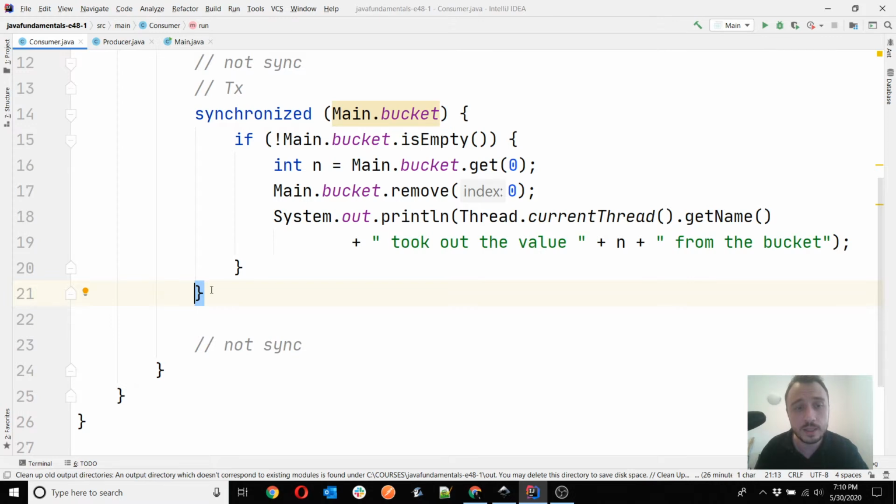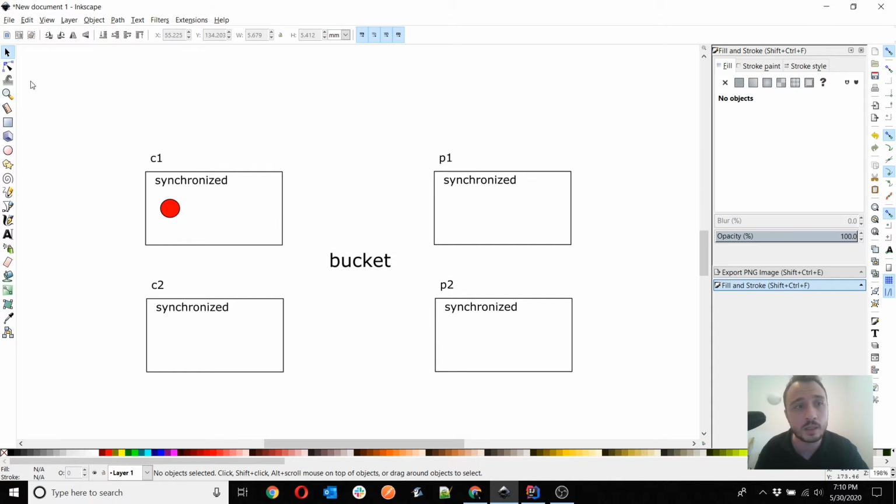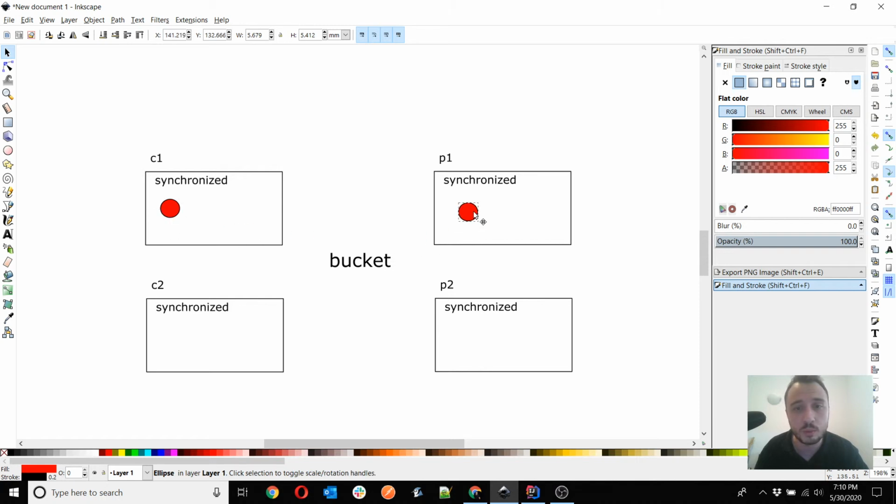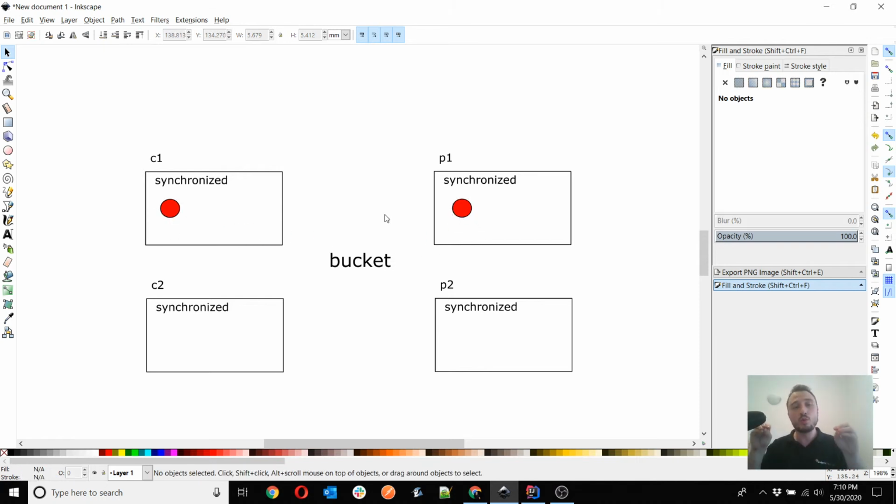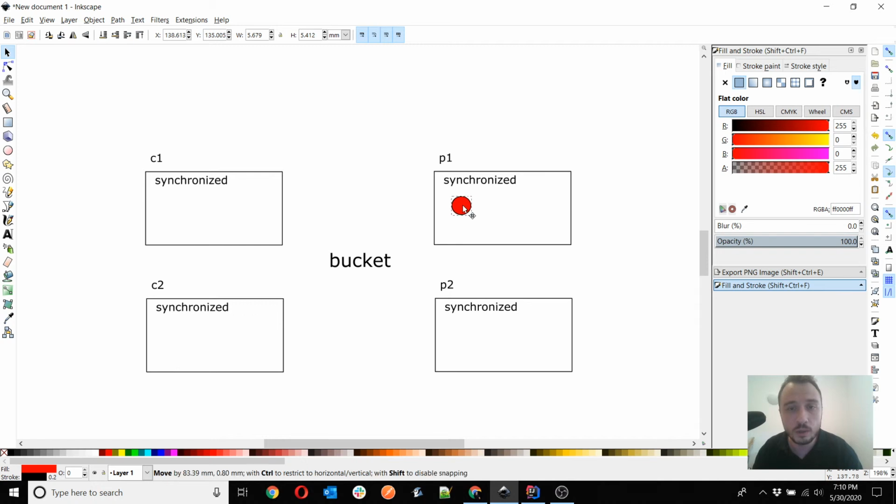In this case, no other thread can actually work, so that means that you will see no other red bubble here. So that's not possible to have. For example, it's not possible to have two red bubbles. It's not possible to have two different threads simultaneously in a synchronized block in our case. So it will be either one of them at a time, which means that when this one finishes, this will go here or here or here. So it will be one of the threads at a time managing its synchronized block.